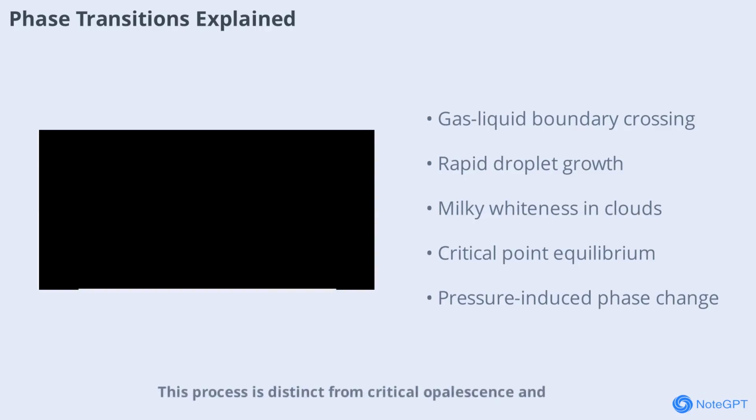This is why clouds appear milky white. This process is distinct from critical opalescence and highlights the unique behavior of matter near phase boundaries. The transition is marked by rapid droplet growth, especially at the critical point, where liquid and gas phases coexist in equilibrium. Pressure can shift volumes of gas into the liquid phase without energy cost, emphasizing the compressibility differences between the